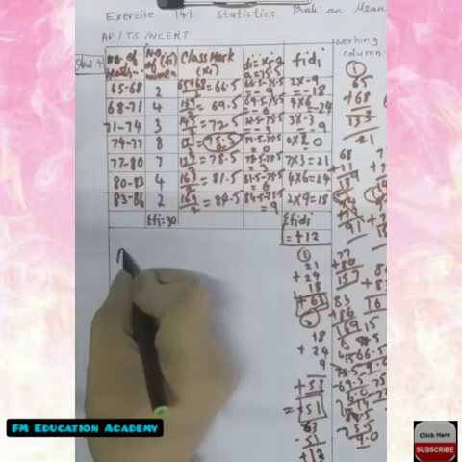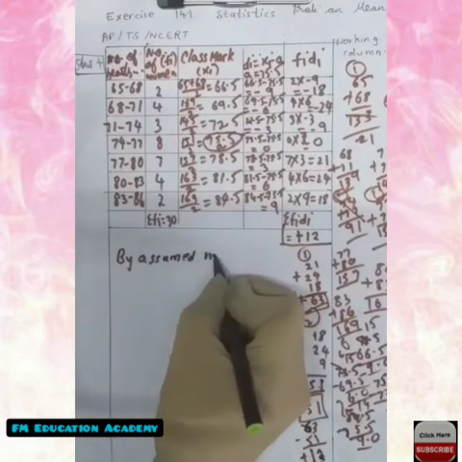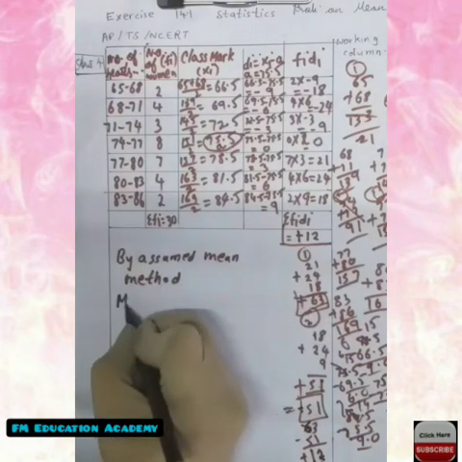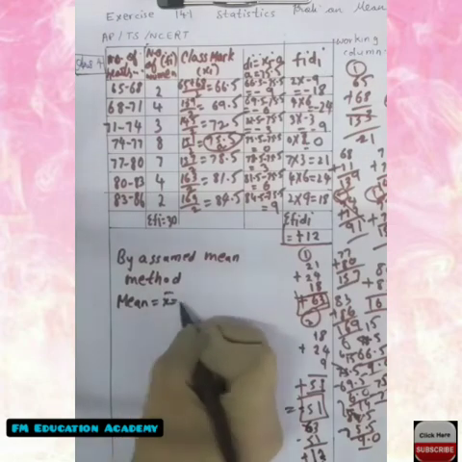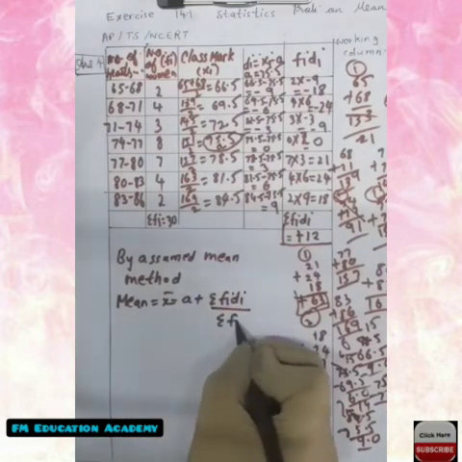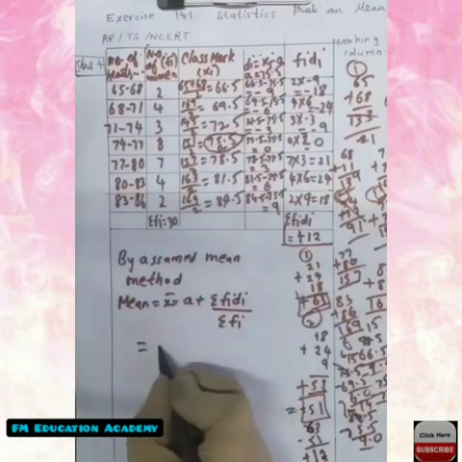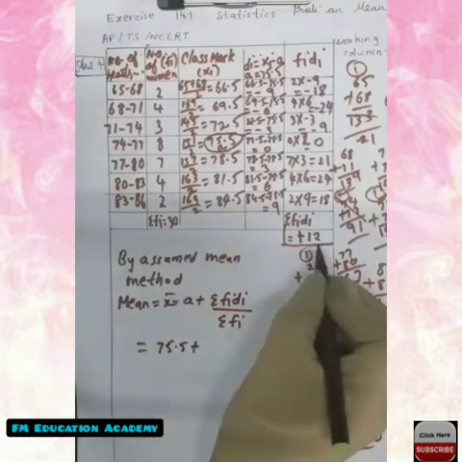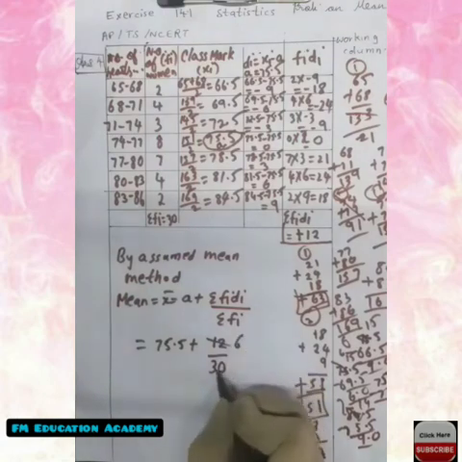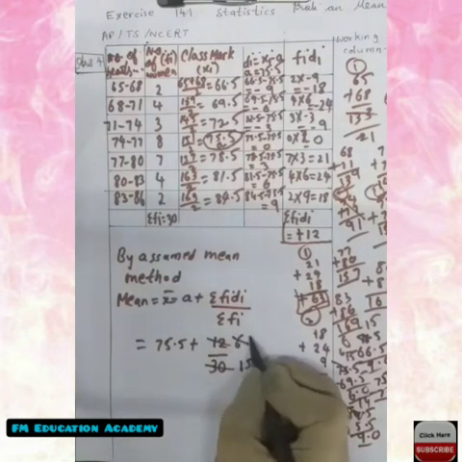By the assumed mean method, mean x bar is equal to a plus sigma Fi di by sigma Fi. Here the a value we took as 75.5, so I'll substitute: 75.5 plus sigma Fi di, we got 12, by sigma Fi, we got 30. 2 6s are 12, 2 1s are 2, 1 0, 2 5s are 10, 3 2s are 6, 3 5s